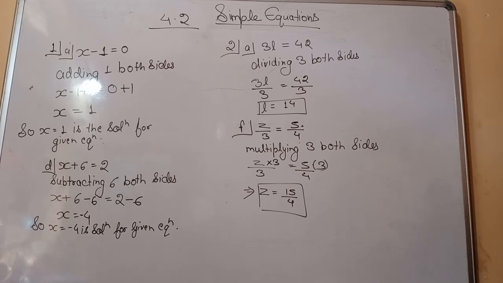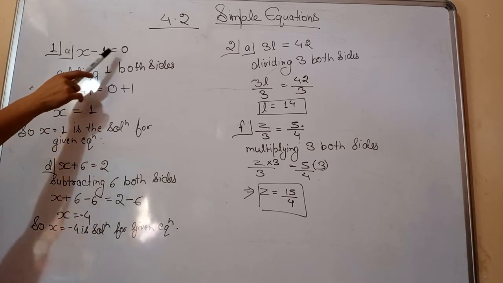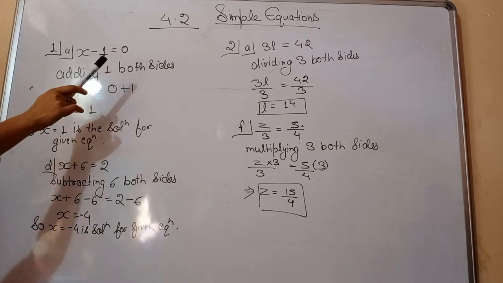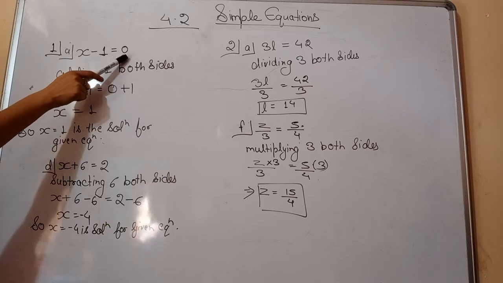Means here we have to eliminate the variable by multiplication, division, addition or subtraction. So whatever step we are using here, that step we have to write in the answer, or we can say solution. See here, there is one trick. How to solve this type of questions? First you have to check which is variable, which is constant. Constant means all the numbers are called constant. So here two constants are given, -1 and 0.